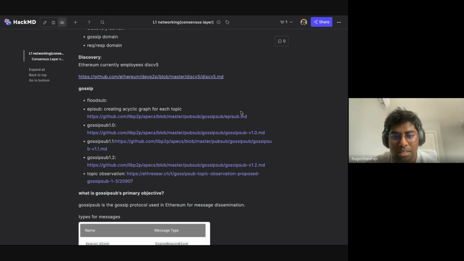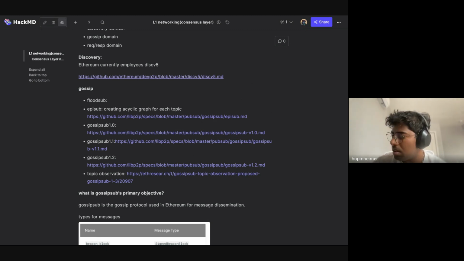That's one part. And then there are different proposals which try to solve these bottlenecks in different ways. So episub is one, but based on some simulations really early in time, it did not give a significant increment on gossipsub.